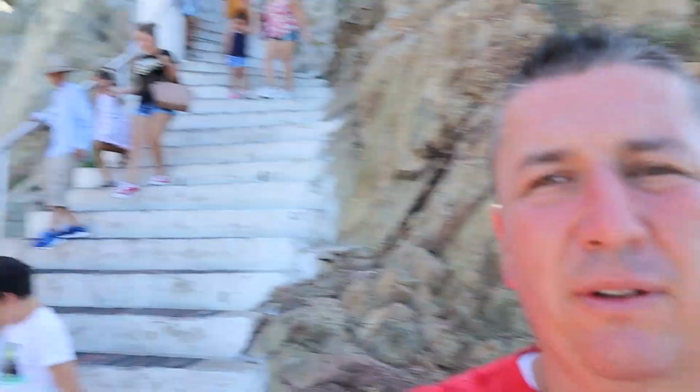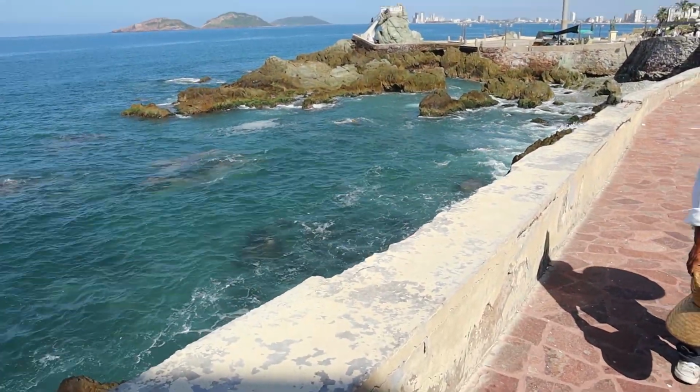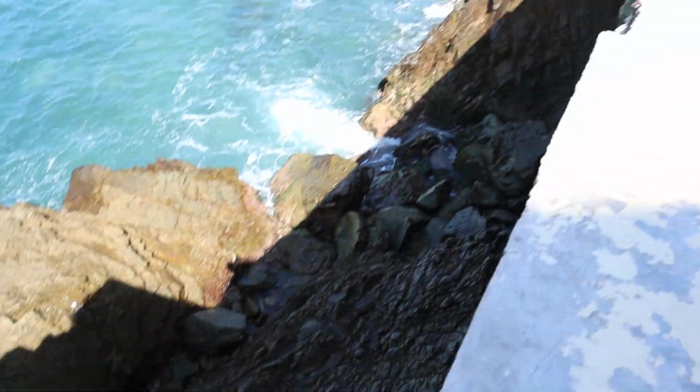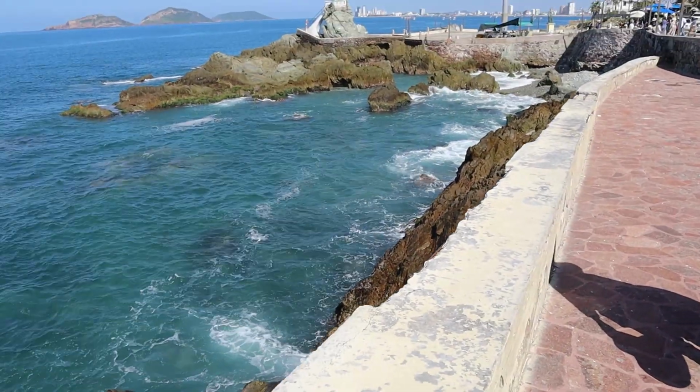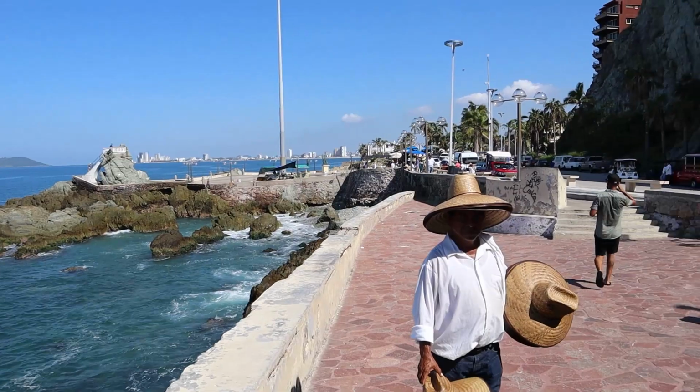So if you do the same tour that we're doing right now, just be careful with these stairs because they're definitely not ADA compliant. Very steep. Go slow, be careful. And be careful with the edges here. This stuff makes me really nervous with the kids. You know, because look at that. It's just straight down. There's no railings, there's no guidelines, there's no standards that building codes have to require or